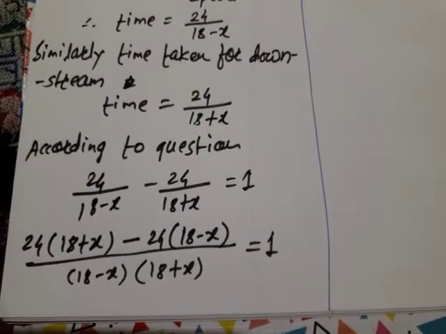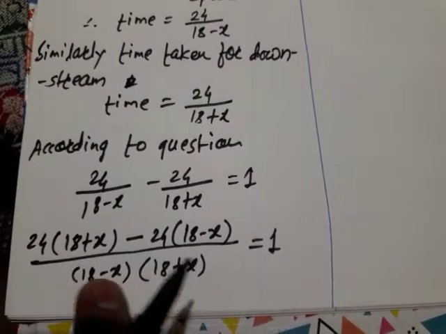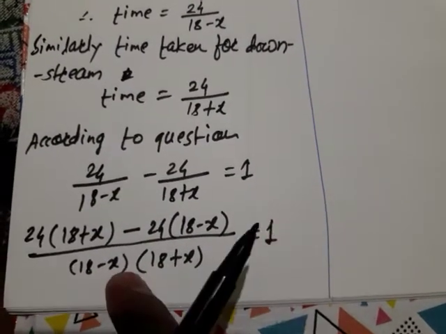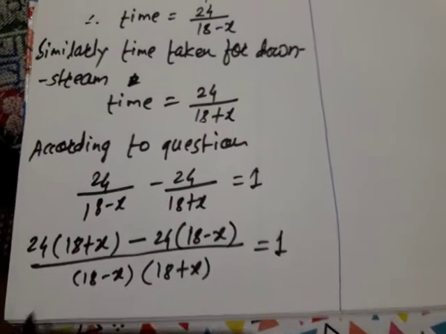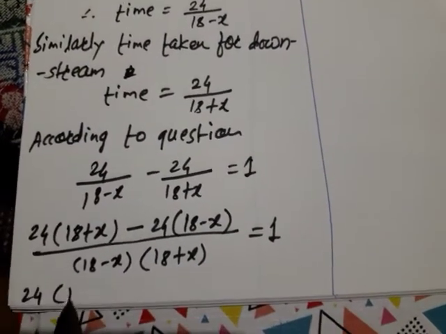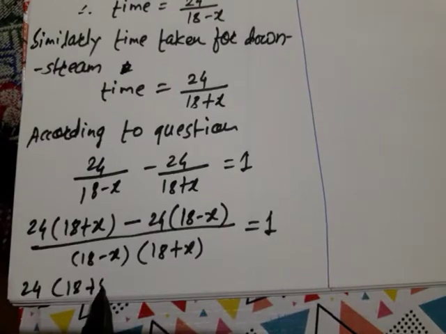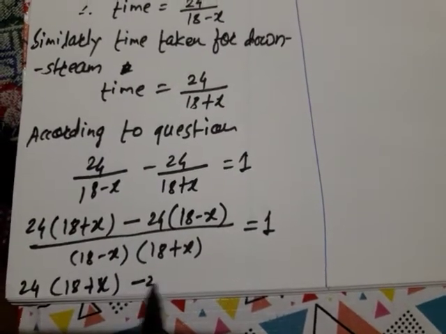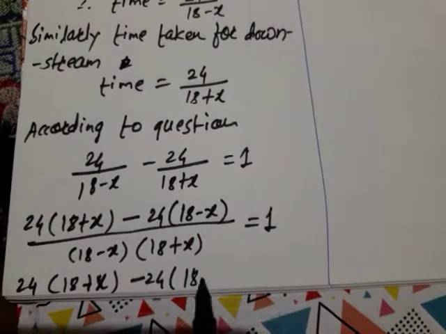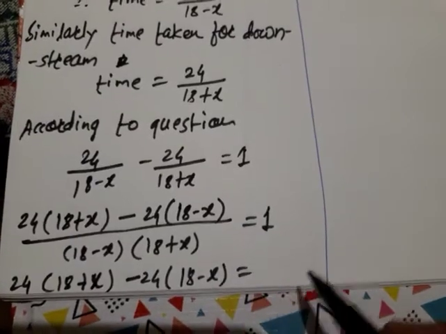Got idea? Now we will multiply this to the RHS, to this 1. What we will get? 24 in bracket 18 plus x minus 24 in bracket 18 minus x is equal to,